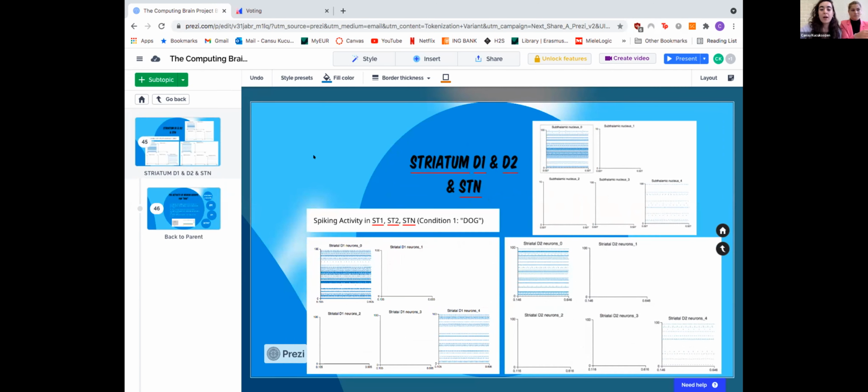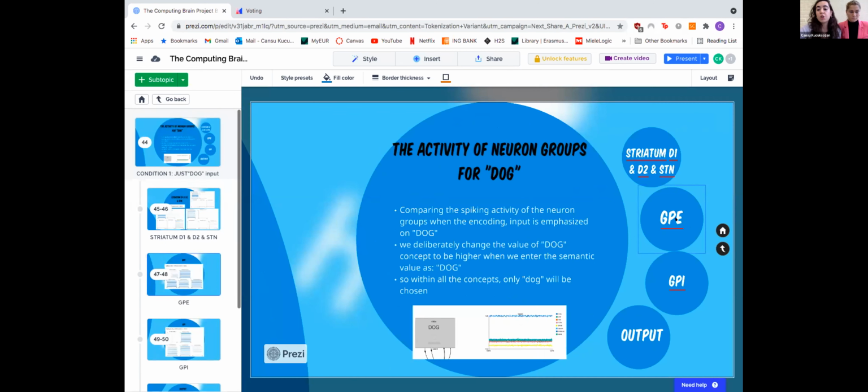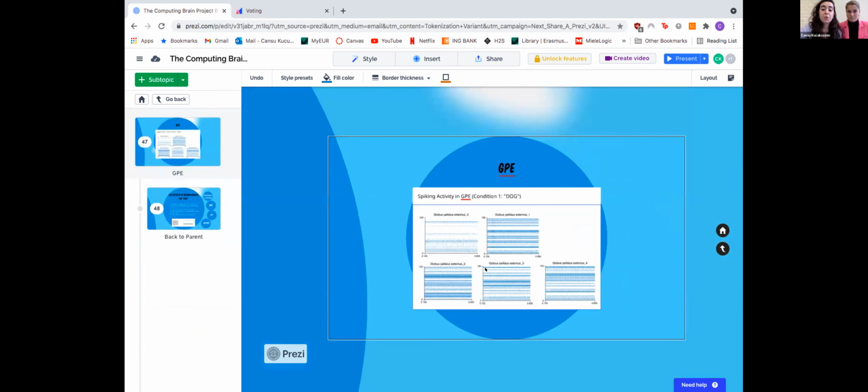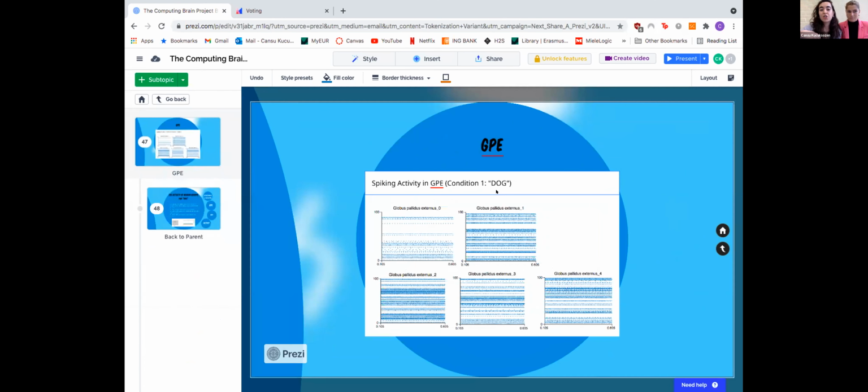This input goes to both GPE via the indirect pathway and GPI via the direct pathway. And in the GPE, because we have an inhibitory connection, the action that is going to be selected is the one inhibited the most,